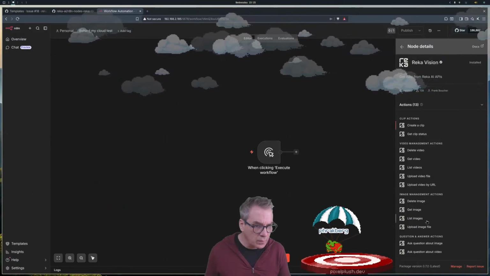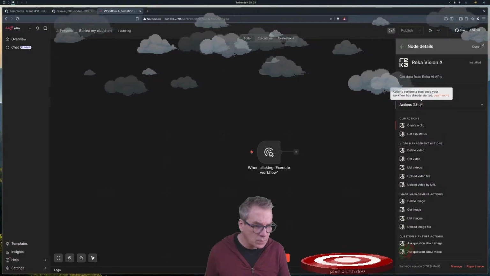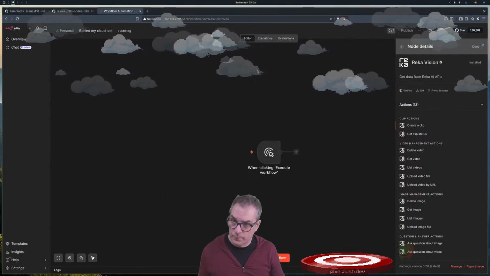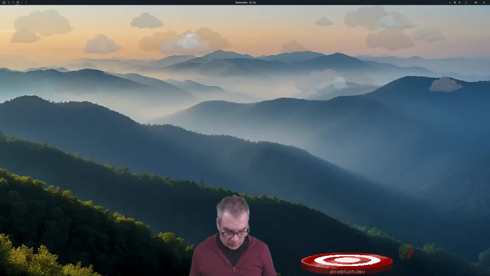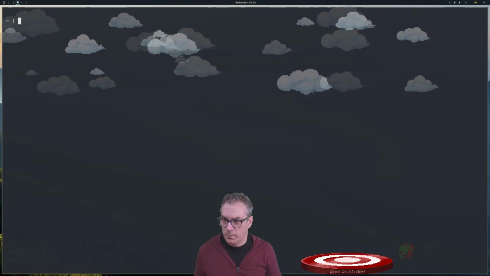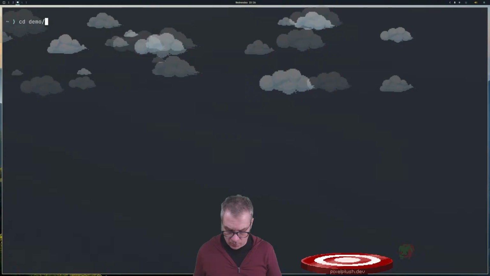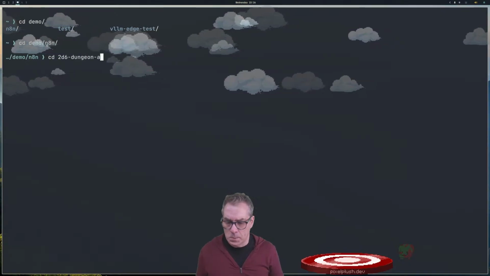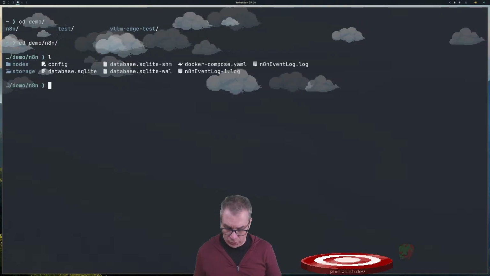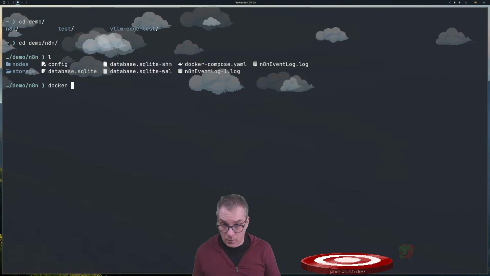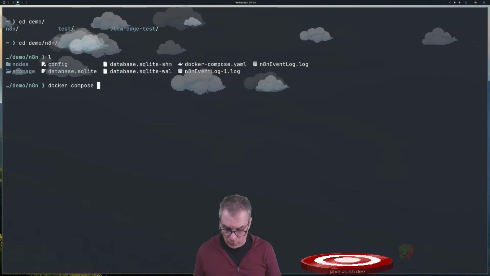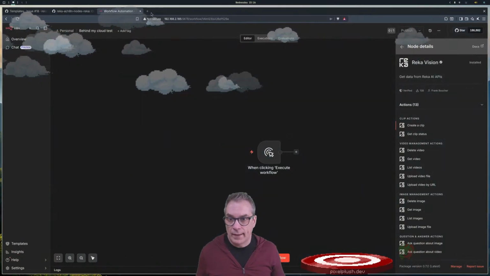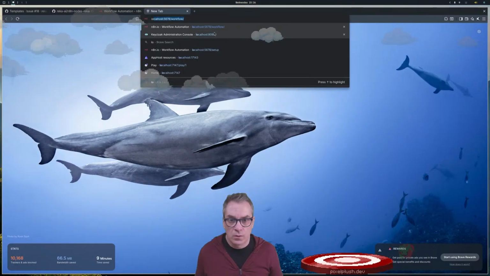We should have prompt 13 actions. If I do this, let's make it a little bit bigger. If I go to demo and then N8N, and then I run, oh, you know what? Pretty sure if I just do Docker compose up -d. Yeah. So now if I go back here and I do localhost workflow,